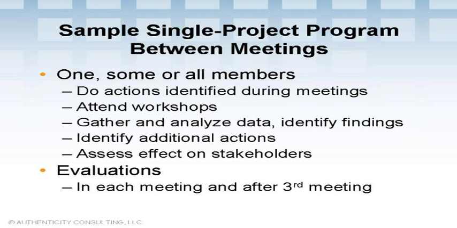Programs usually do an evaluation about halfway through. That assesses the progress towards the project, any milestones achieved so far, and the quality of facilitation and meetings and individual results. The nature and the extent of activities between meetings depend on the complexity of the project they're addressing and the timelines to address it.